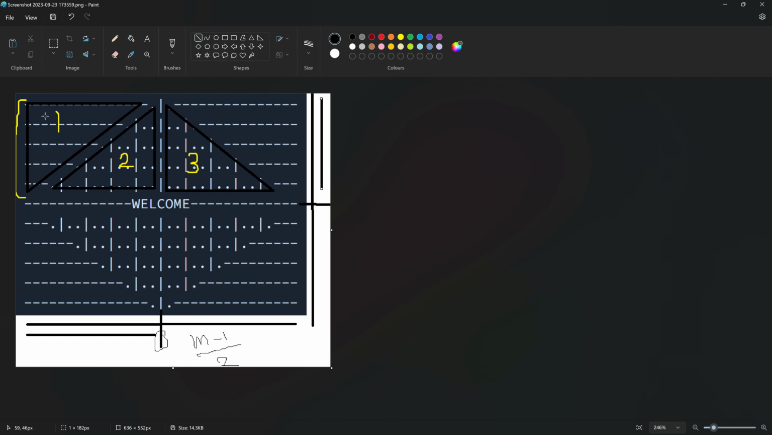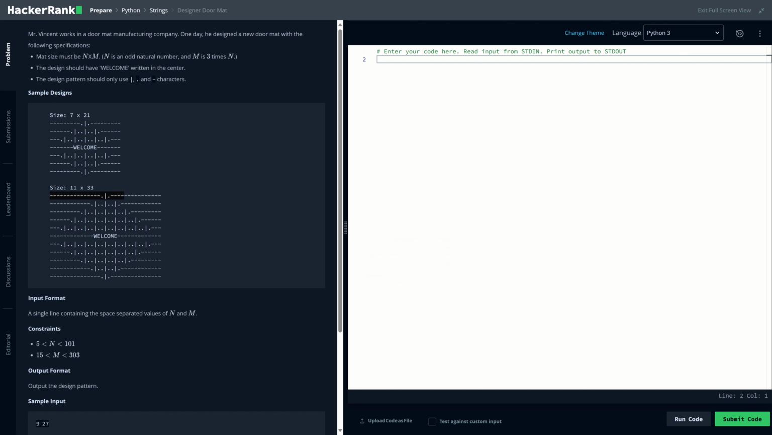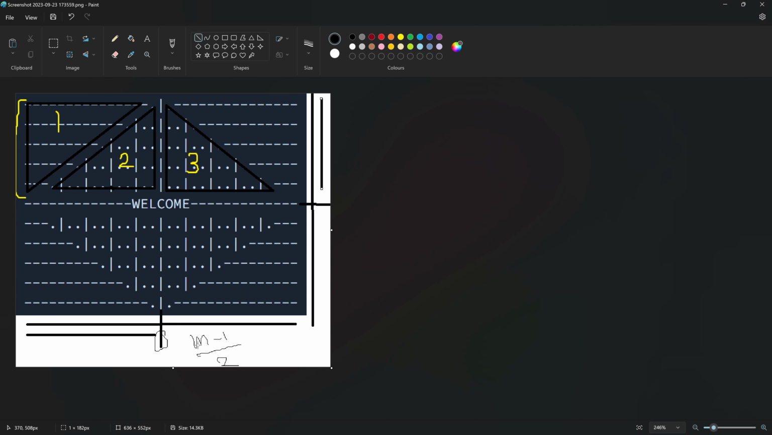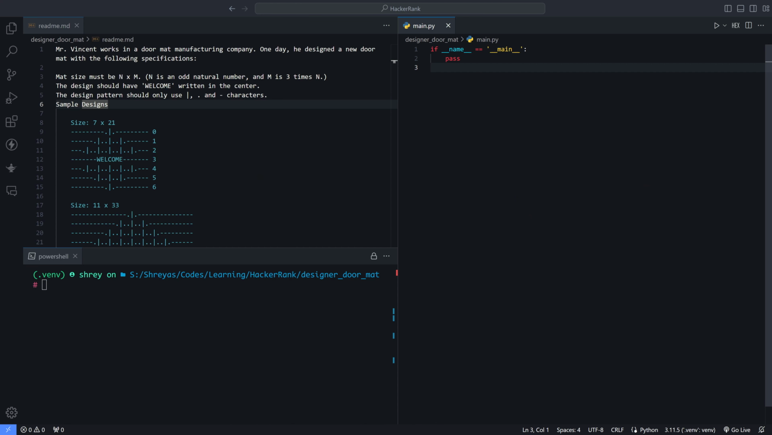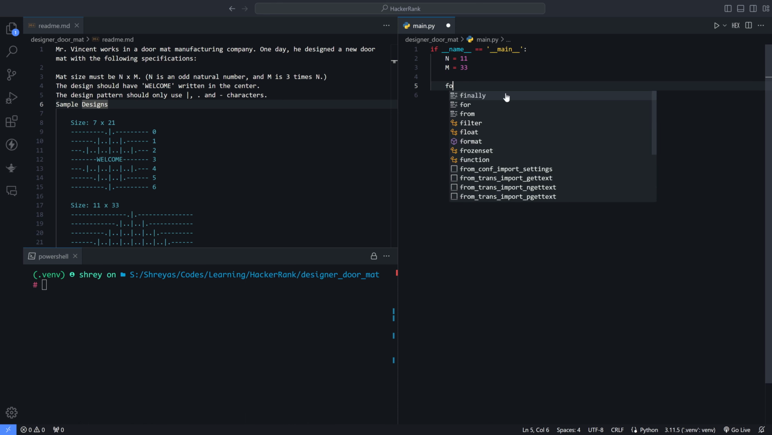Oh, what are we doing? This is 33 divided by 2, that's why this is 16. This count will come as 16, but this height will be 11, 11 minus 1 by 2, because we are ignoring the middle element. So 10 by 2, that would be 5. That is why we see 1 2 3 4 and 5, right? So for now let's just assume that n equals 11, m equals 33, and for now let's just